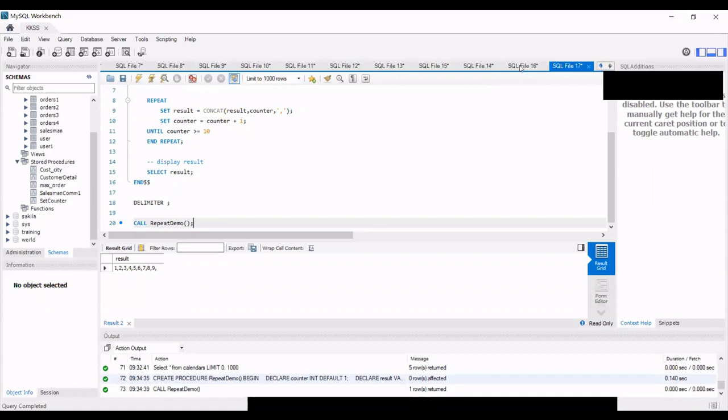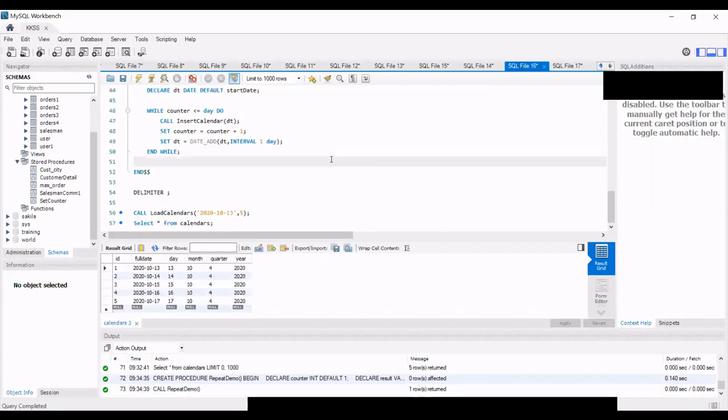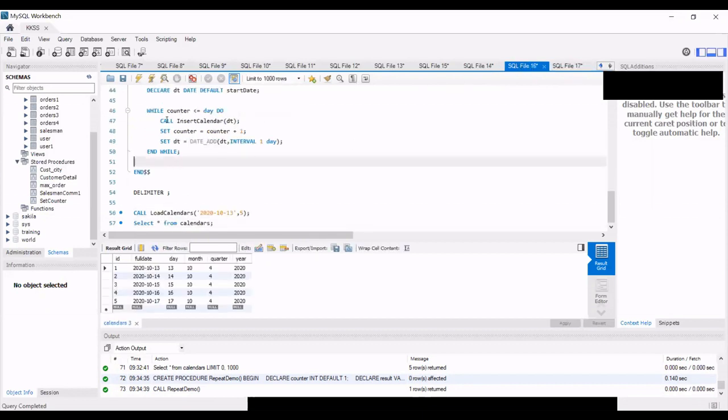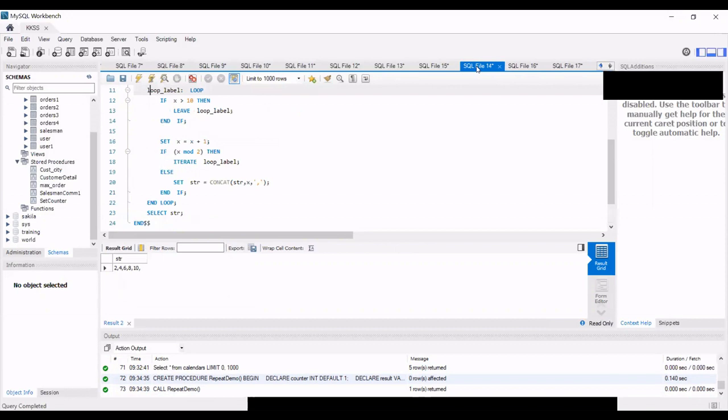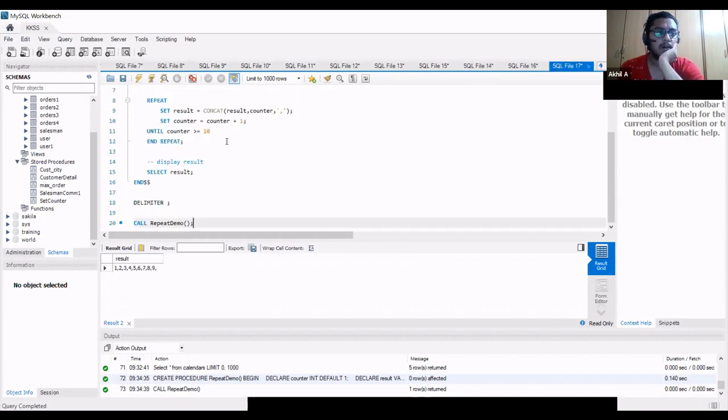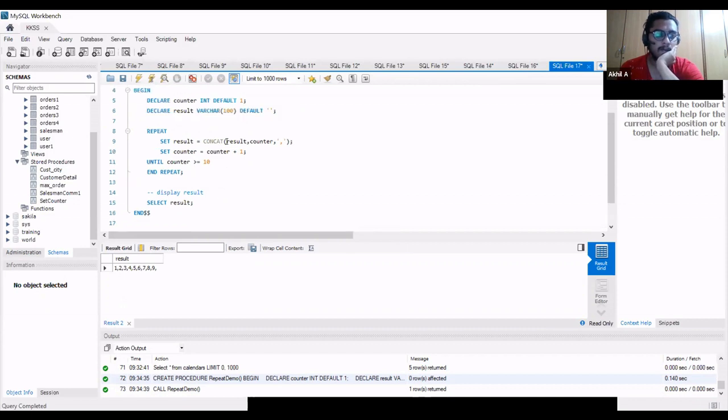So these were the different types of loops which we have. One is the repeat loop, one is the while loop, and the other one is the loop. Can you go to the repeat loop once? First it starts with 1 as a counter, right? Yeah.